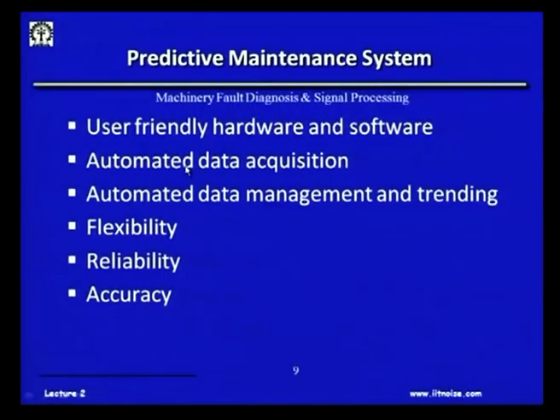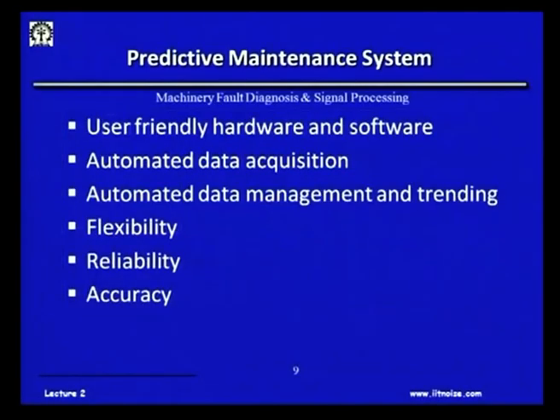So, once this software drives this whole thing, this data has to be acquired by a computer aided data acquisition. It need not be just one data at a time, it could be multiple sensors at all times. I could collect data from all 16 sensors around my machines at one given instance, because there will be a lot of statistical processes, signal processes, wherein we will find a relationship between two signals, whether they are related or not. If I do not acquire them at the same time, it is very difficult for me to tell that they are related, because to be correlated, they have to be acquired at the same time.